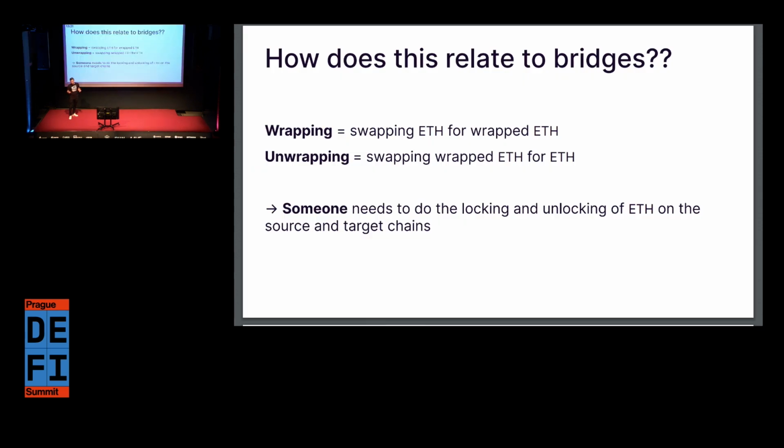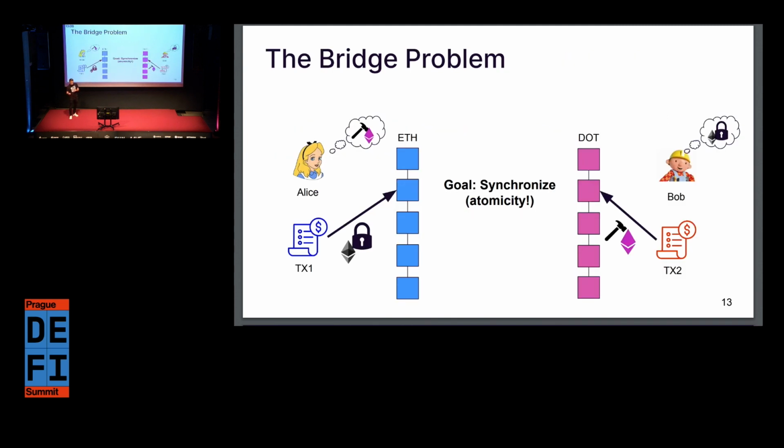Now, how does this relate to bridges? Wrapping is actually swapping ETH for wrapped ETH, and unwrapping is swapping wrapped ETH for ETH. In the end, someone needs to make sure that the locking and unlocking works correctly. Now, we're on Ethereum, right? We know we can use smart contracts. That is true, but it's not always that simple, because someone still needs to coordinate the synchronization between these